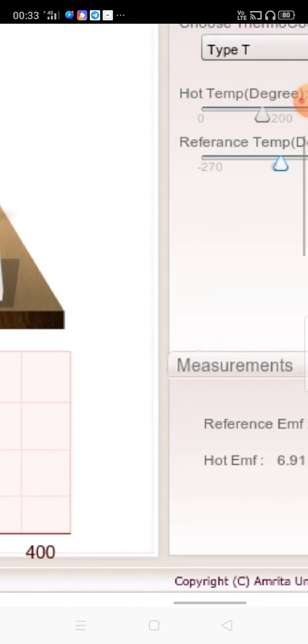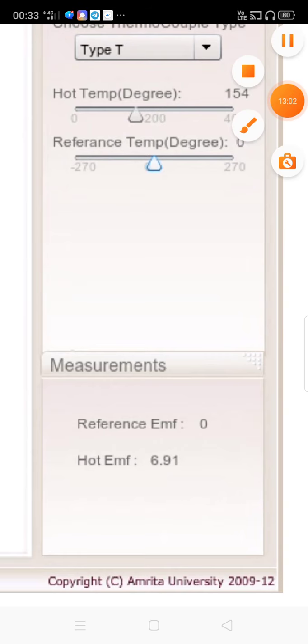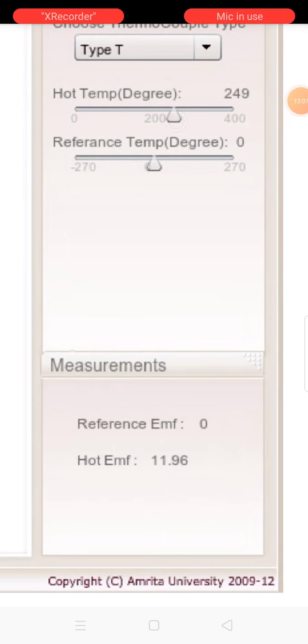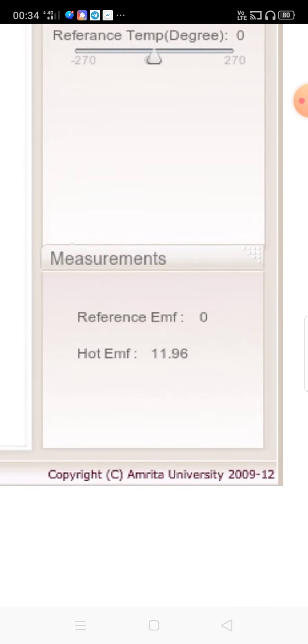So now you again go there and select another one, keeping the cold junction fixed. Now you click over here, it will come to another position. See, it is now showing 249. Now again the cold junction is the same and the hot junction is 249. Now if I use the measurement part,